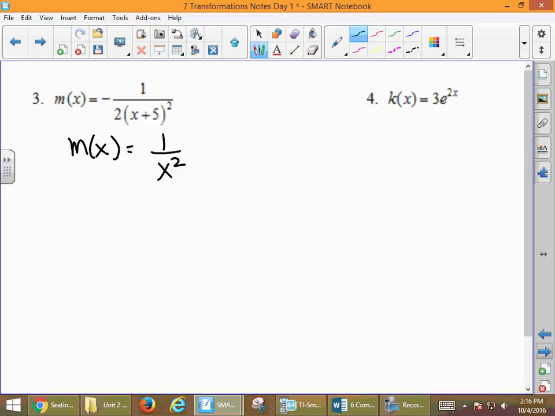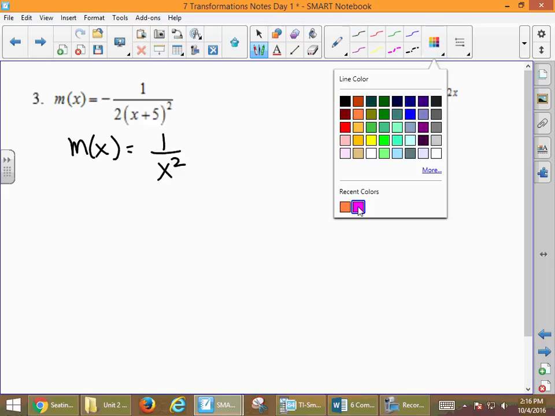And we've got some transformations occurring in here. And the first thing, for lack of better words, that I see is that there is a negative right out in front of